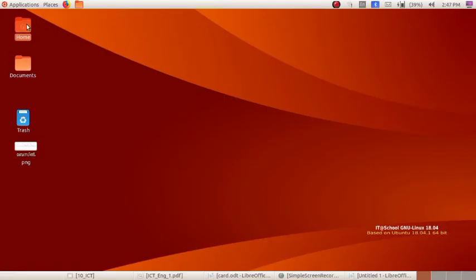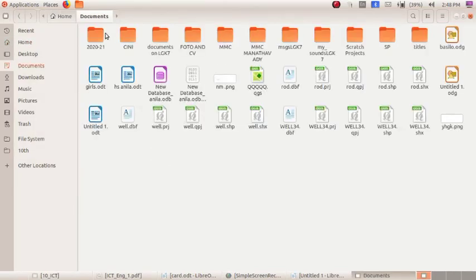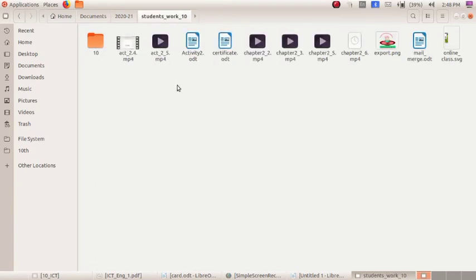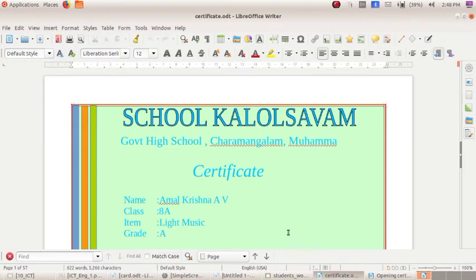Go for home. Students work 10th. Certificate. This is certificate.odt file. See, this is the certificate prepared for Amal Krishna, and his item is light music.